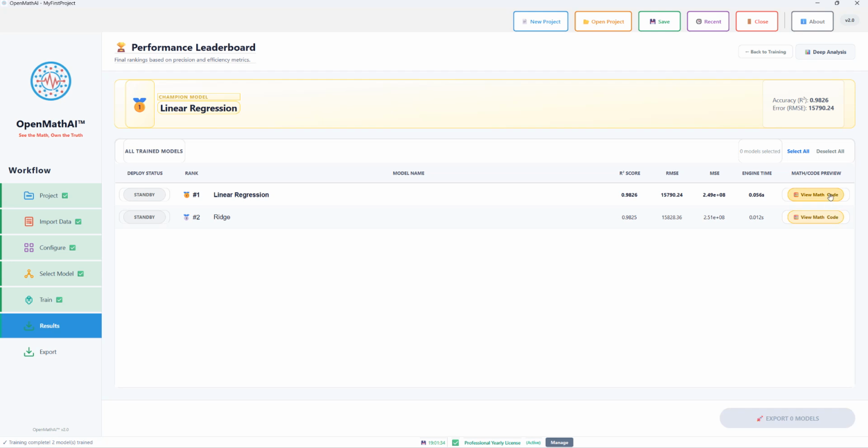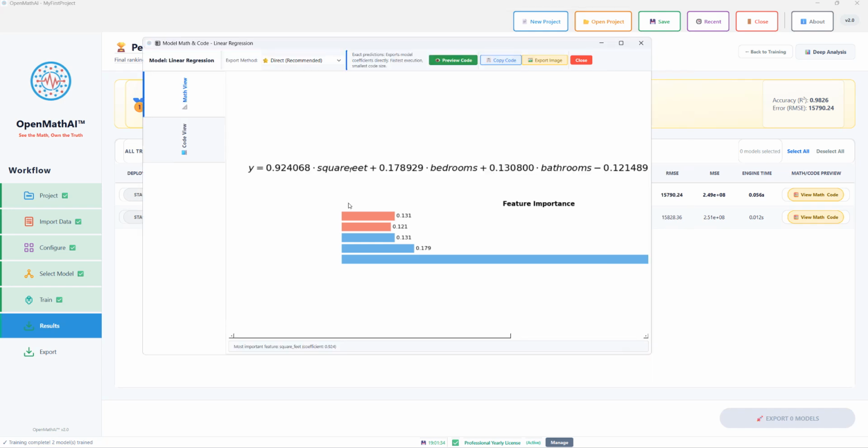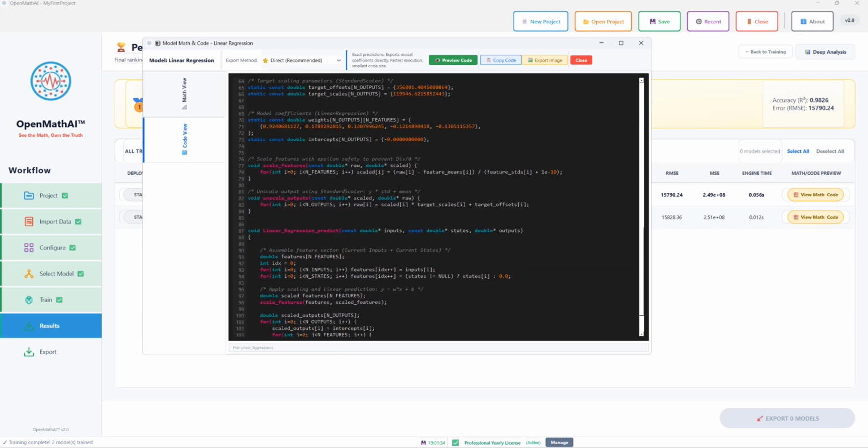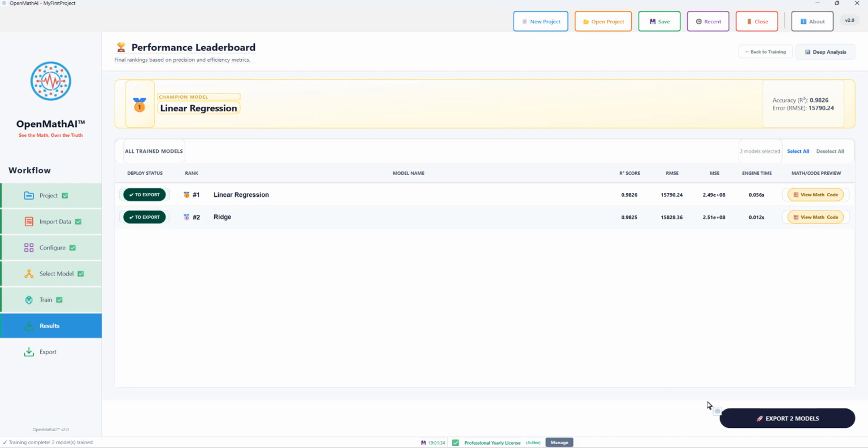If you want to look at the model and how it performed and how it actually looks behind the scenes in terms of math, you can go and look at what is called view math code. And this, I think, is very unique when it comes to OpenMathAI. You can look at the code view as well as the math view. The code view gives you exactly the C code, and the math view gives you the relationship between the variables and the equation altogether. As simple as that. You can also select those models,